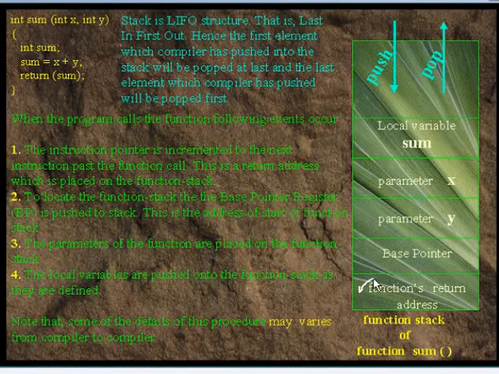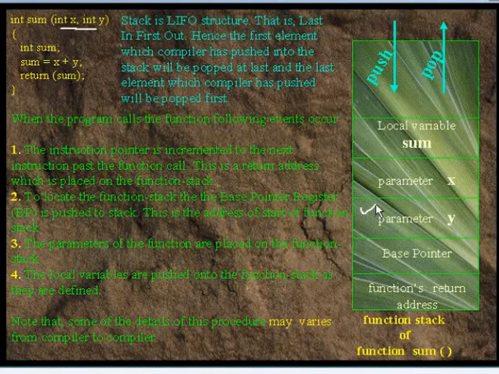Okay. Now see the next step. The next step says that to locate the function stack, the base pointer register BP is pushed to the stack. This is the address of the start of the function stack. So the second entry will be the base pointer. Now see the third entry. The parameters of the function are placed on the function stack. Here the parameters of the function sum are integer x, integer y. So integer y will be the third entry and integer x, that is parameter x, will be the fourth entry.